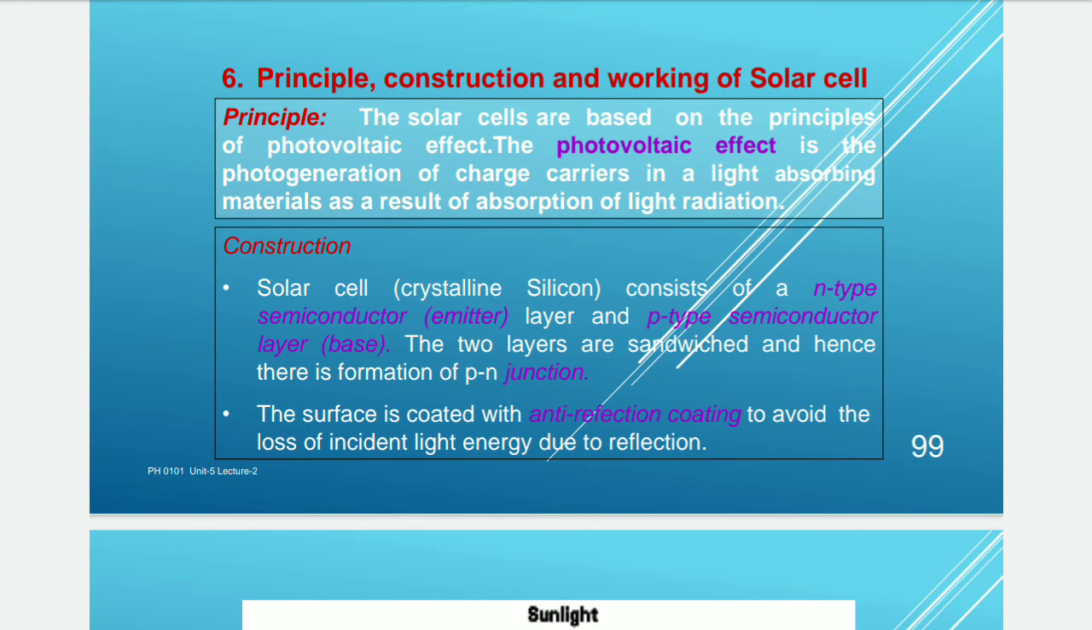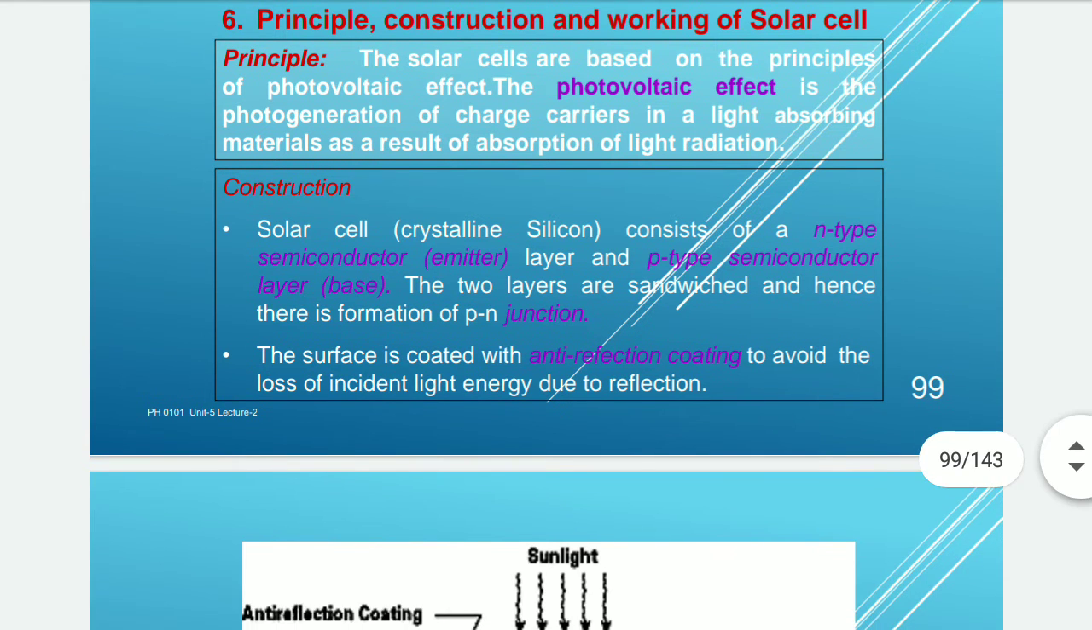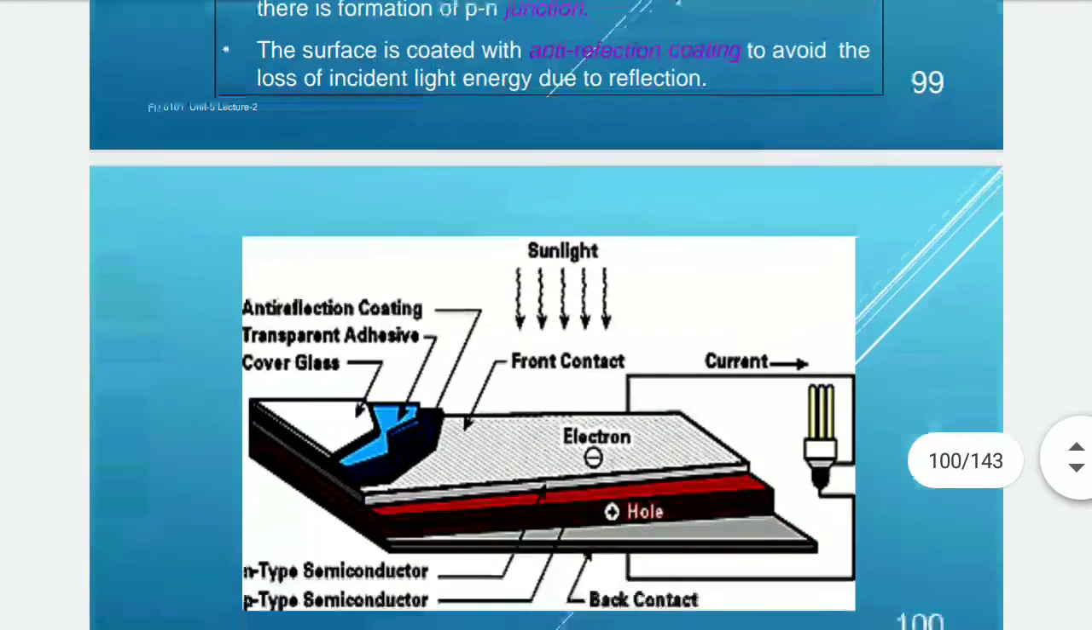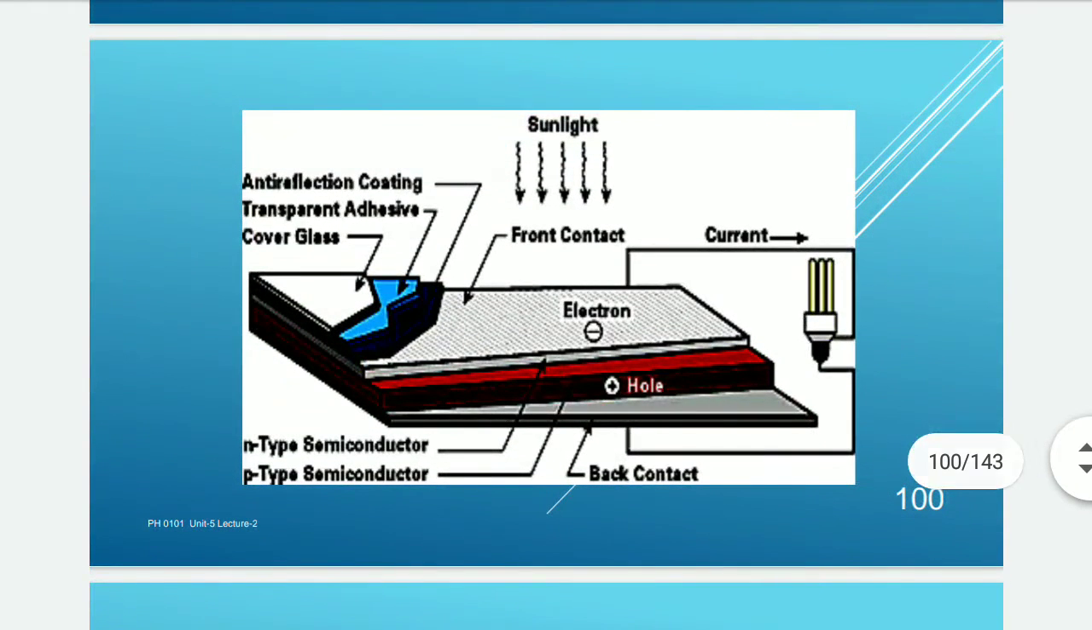The two layers are sandwiched, and hence there is formation of a p-n junction. The surface is coated with an anti-reflection coating to avoid the loss of incident light energy due to reflection. This is the diagram of a solar cell: sunlight, front contact, N-type, P-type, back contact, current, anti-reflection coating, transparent adhesive cover